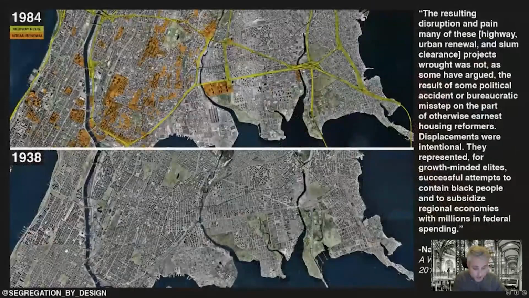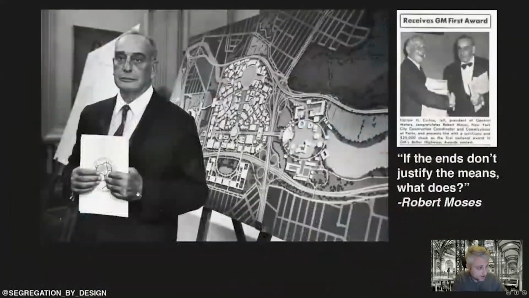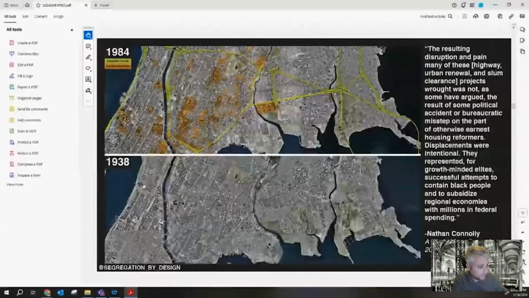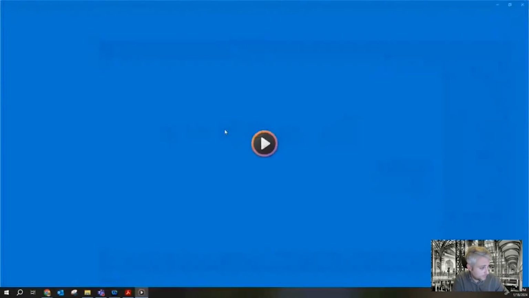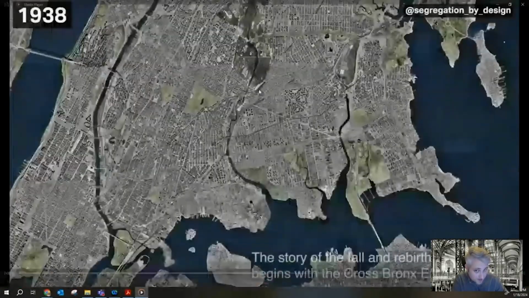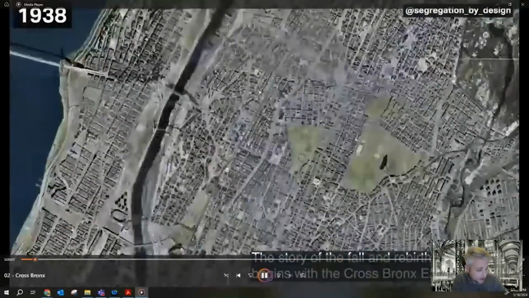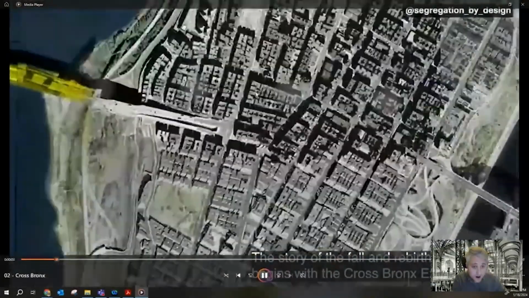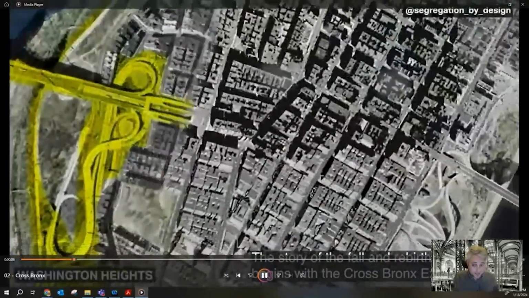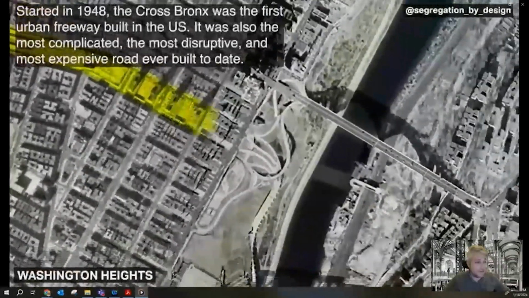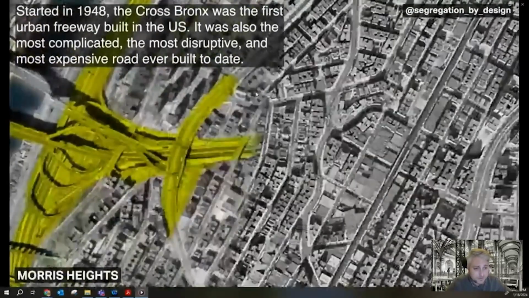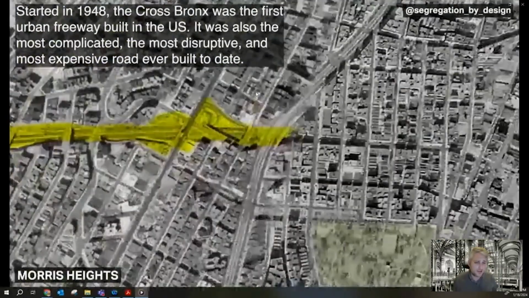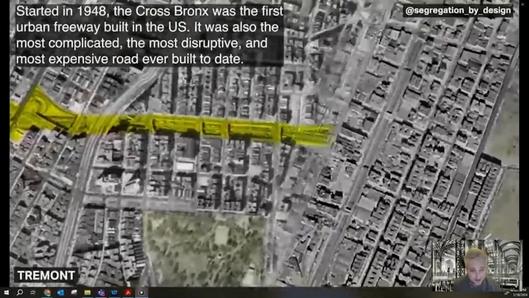So now I'm just going to show a video real quick. So the Cross Bronx, which I was showing there, you can see being built here in this before and after image using historic aerial photography. So the Cross Bronx, along with the BQE and others in New York in particular, was very influential